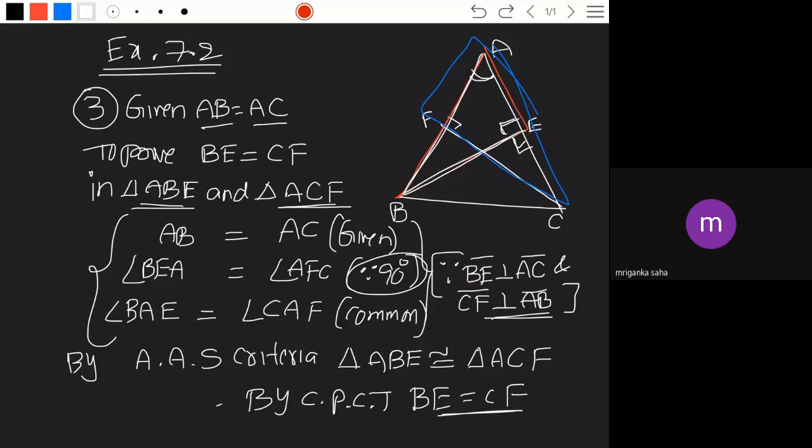Why don't you take the BEC triangle, you are saying. Suppose you see here, this is given, this is required. These two as sides, which triangle are you having? AB as one side, BE as one side. You are having a triangle ABE. Did you get my point? That is the way you need to think. That's why I have taken triangle ABE and triangle ACF. What is given and what is to be proved, these two sides you need to consider. By that only you will come to know which triangle is to be taken into consideration. Okay?